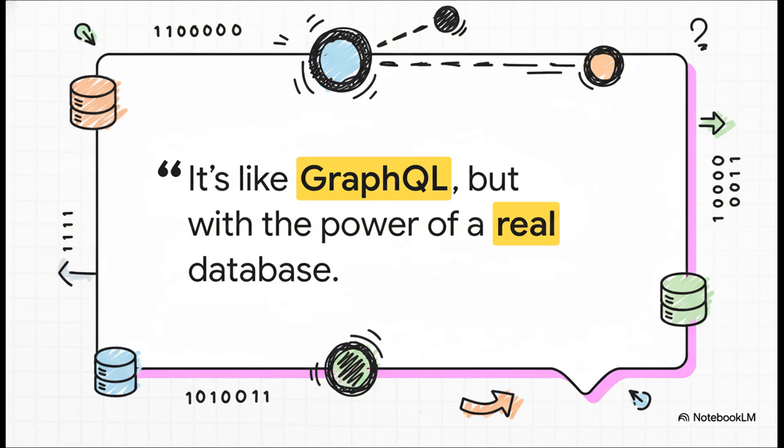Done. Now, here's a comparison that makes it all click for a lot of people. If you've ever used GraphQL, you know how awesome it is for fetching nested data for an API. Well, EdgeDB takes that exact same idea and builds it deep into the database engine itself. So you're not just fetching data for an API, you're querying your actual persistent database with that same power, backed by all the consistency and reliability you'd expect.